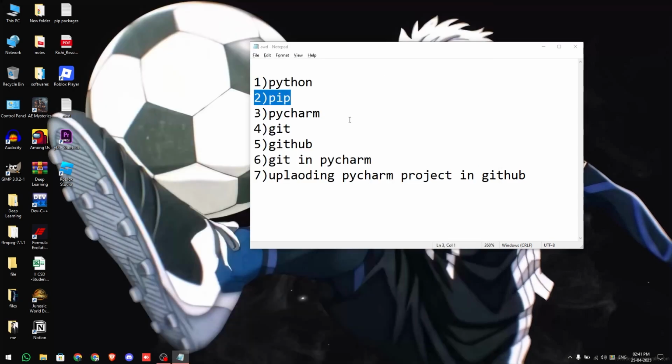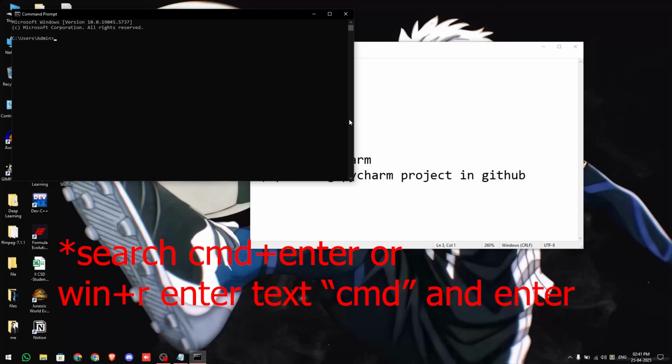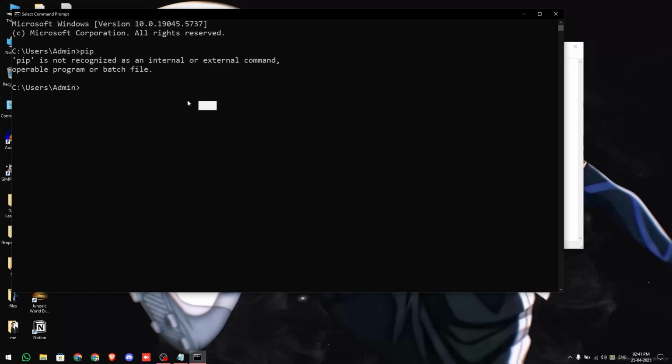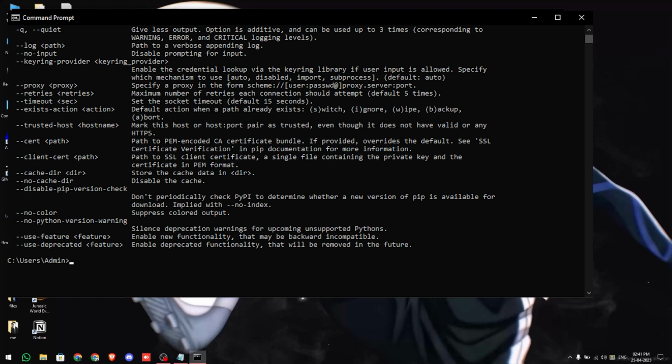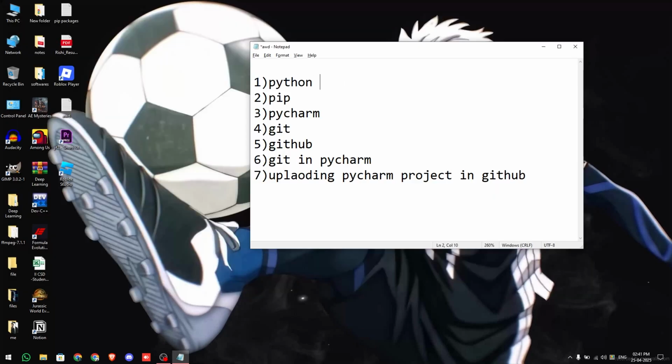Okay, the next thing you want to check is pip. Simply go into command prompt and type pip, and it will give you a message. If it comes like this, pip is not installed. If it comes like this, pip is installed. Now what to do if pip is not installed, or Python is not installed, or let's say you have Python